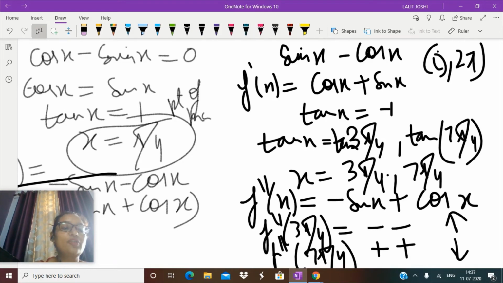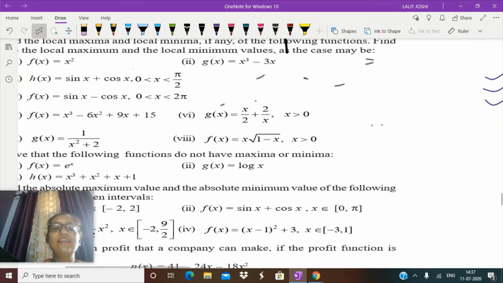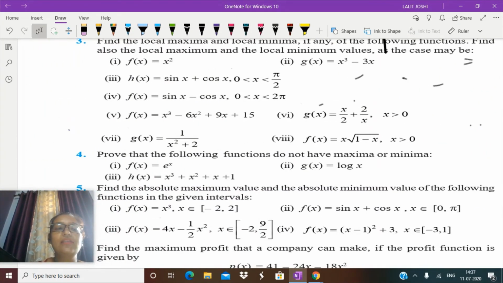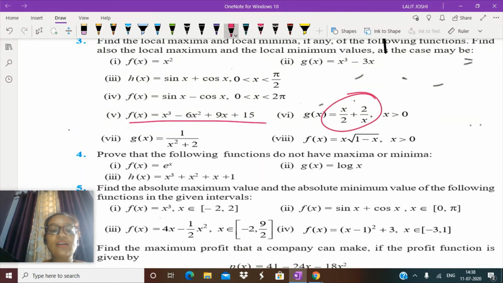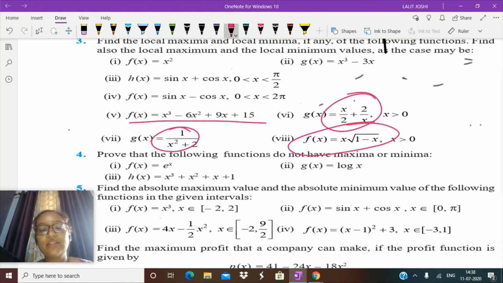Now let's move on to the next question. So if I see the next question over here, same lines, we can do all the questions. Like over here, we have x cube. We'll just differentiate same way this way. So this is the rule on which we will be working, right? So other parts, all the students can pause the video, try, and just type in the comment box if you